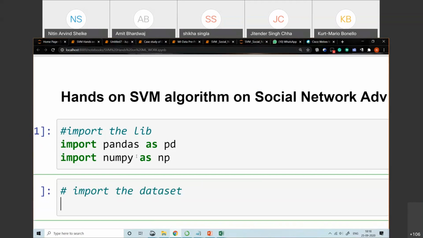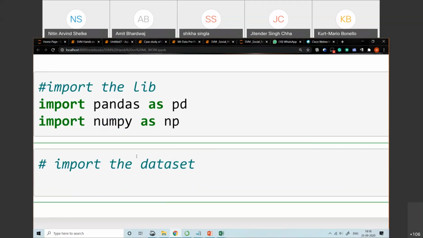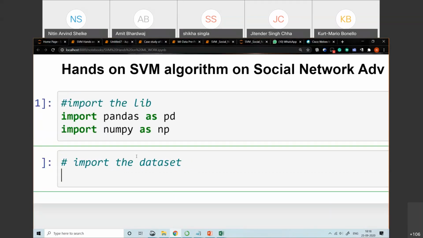Now how to import the data set? Which function are we going to use to import the data set? pd.read_csv, right.